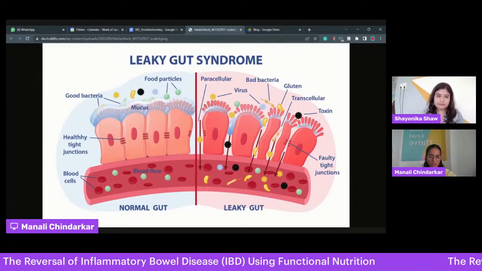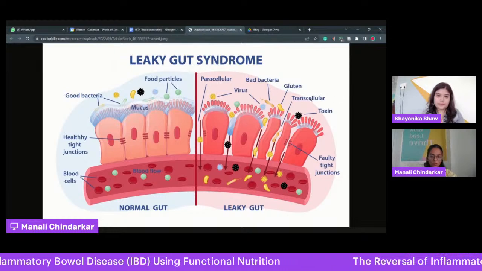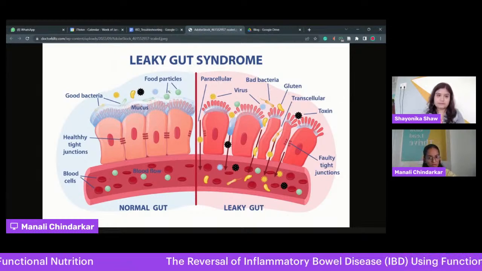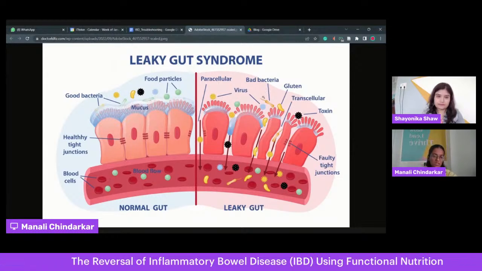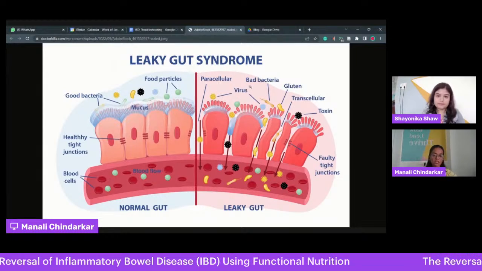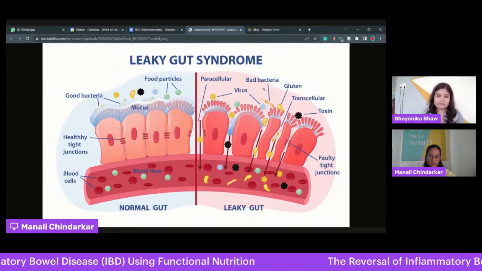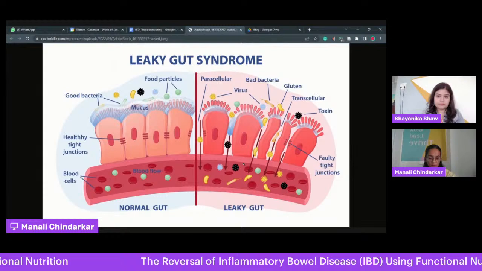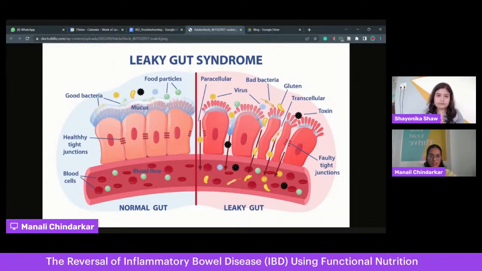So they are leaking. Everything passing through the lumen, our food, any food which is otherwise tolerated, now acts like a food allergen. It creates allergies. Or there are any microorganisms which are disease causing, pathogenic. So they also can enter the blood system and they can create havoc. So as you said, leaky gut syndrome is